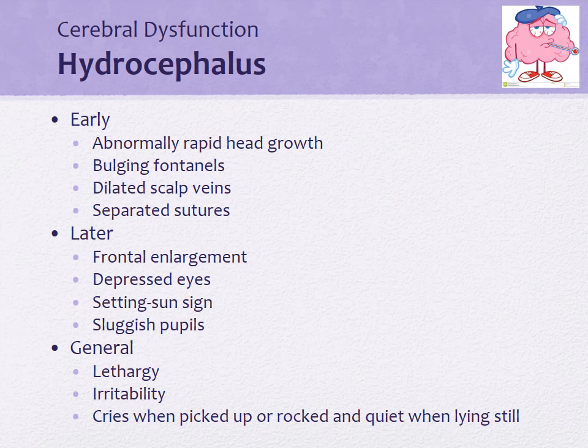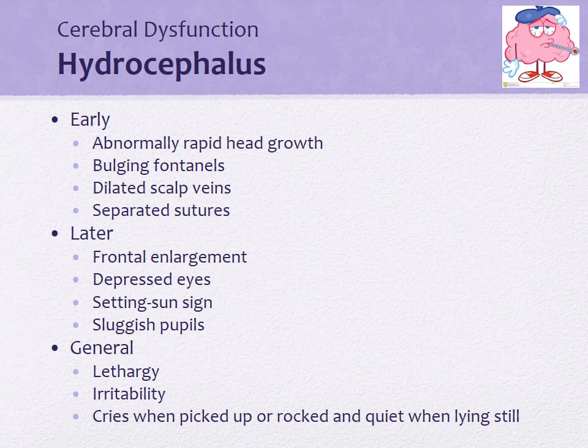So if you're seeing that they have abnormal rapid head growth, which you would take by head circumference, is how you're measuring that. Bulging fontanelles, we know. Posterior, when does that close? Anterior, when does that close by? Remember that. Dilated scalp veins, because the pressure in the head is so great, you'll see that the veins are actually popping on their scalp. Separated sutures, so remember those sutures that go in the middle of the head, on the side, and the back. If they're separated and you're able to feel a separation when you shouldn't, then that's a problem.